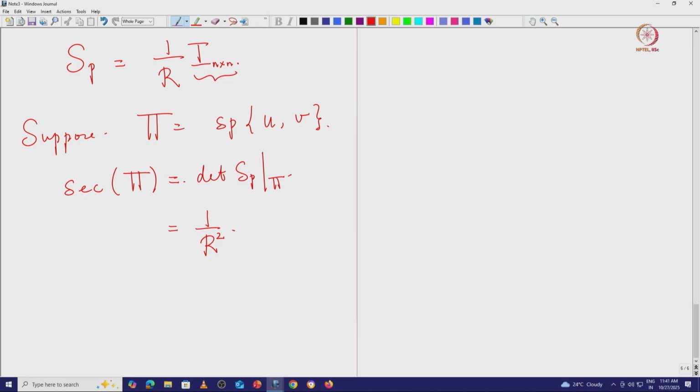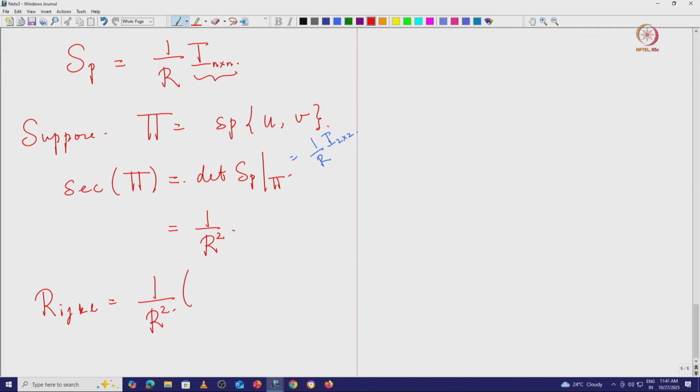Okay, because if you restrict the shape operator to this two dimensional subspace, it is going to be 1 by r times the 2 cross 2 identity matrix. So if you take the determinant you get 1 by r squared. Then by our discussion on how the sectional curvature determines the curvature tensor, we basically recover a formula